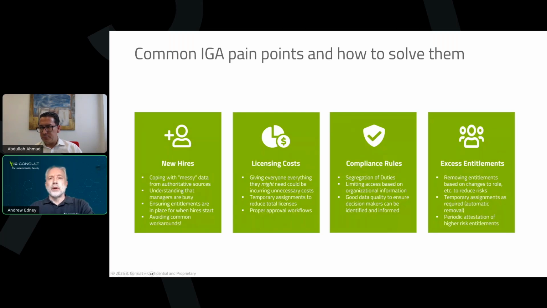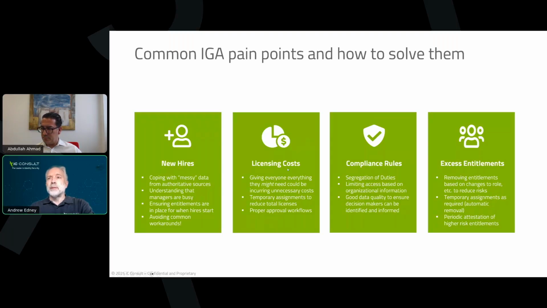So for new hires, we really want to make sure that everything's smooth, everything's in place, all the approvals are done, any manual provisioning that needs doing has been done. And the common workaround that people have is quite often, well, we haven't got time to think about doing this properly. We'll just pick somebody who's got sort of the same job and we'll copy what they can do and assume that the new person needs all the same rights. And we'll see why that's a bad thing in a minute.